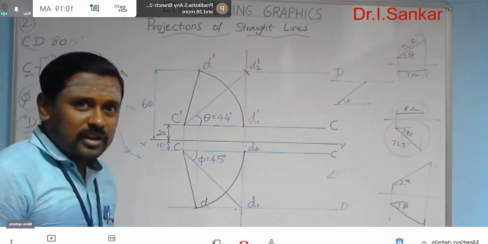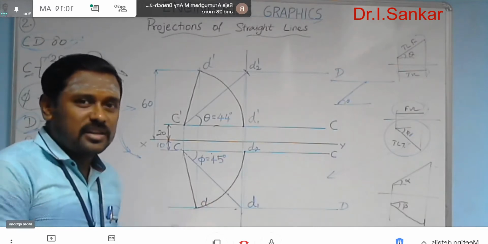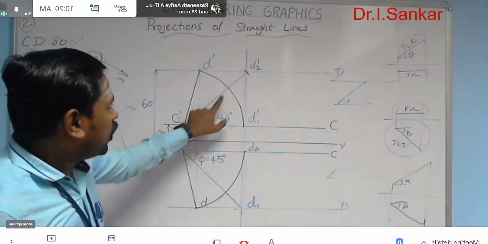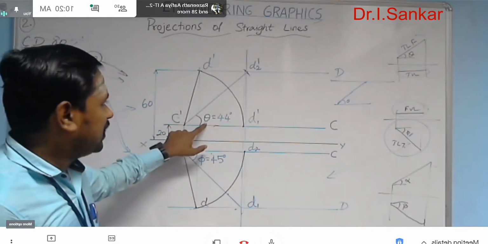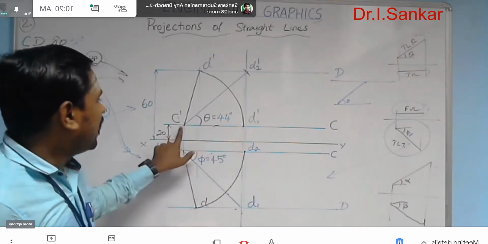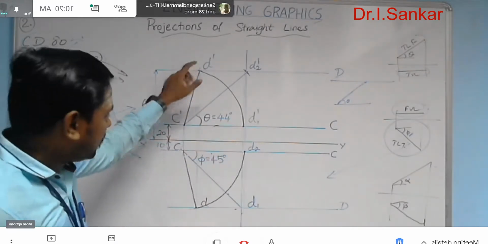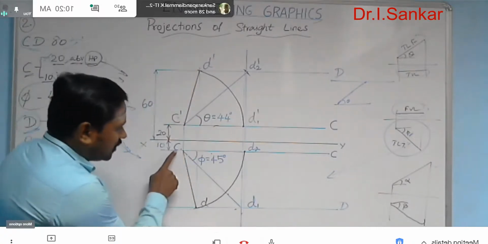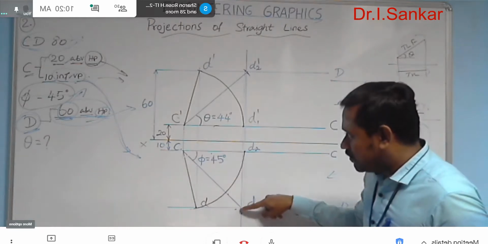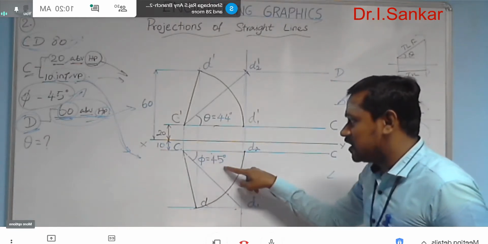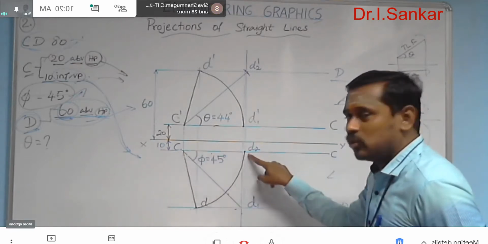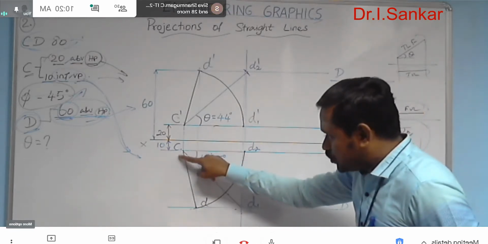We provided 6 lines and 4 angles in the answer. In the front view area, I am having the true length in front view along with the angle theta, and the front view length line, which is C dash D1 dash, and the final front view C dash D dash. In the top view area, the true length line in the top view C D1 with the 80 mm length and 45 degree inclination to VP, and top view length line C D2, and finally the top view C D.